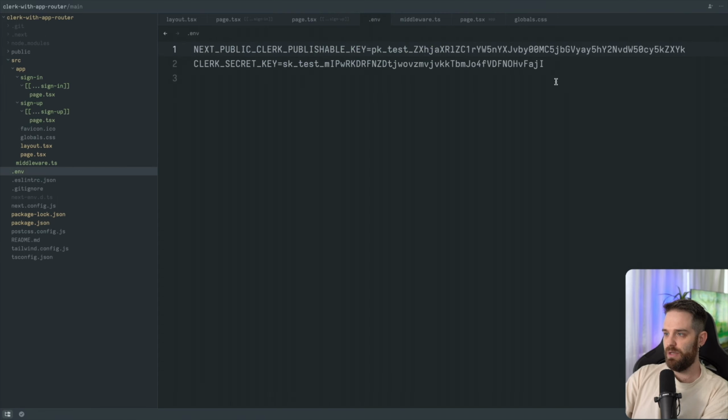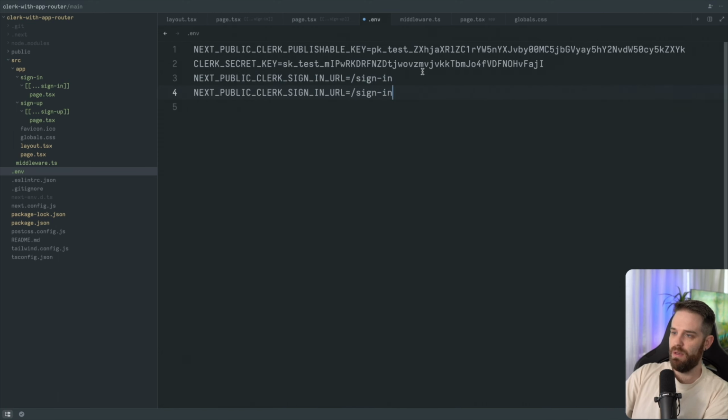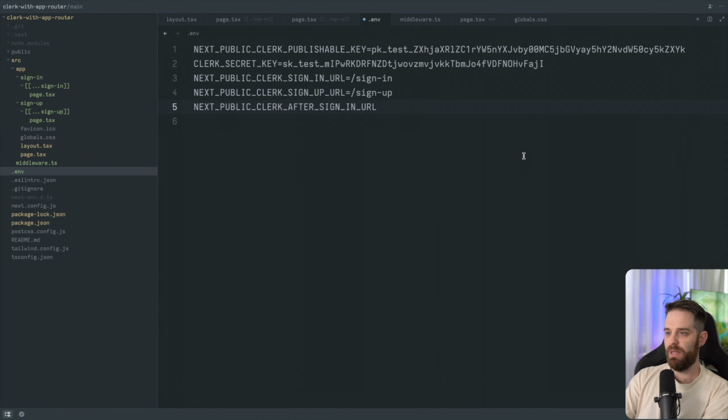So inside of our env here, clerk sign in URL, and we can just set that to /sign-in, and we can just copy this down, and we can set this to sign-up. And this is all in our documentation, but it's just important that we cover it while we're here. And then we also have next public clerk after sign in URL. So we'll just set that to /. And then we also have a separate one for sign up, but we're also going to set it to /